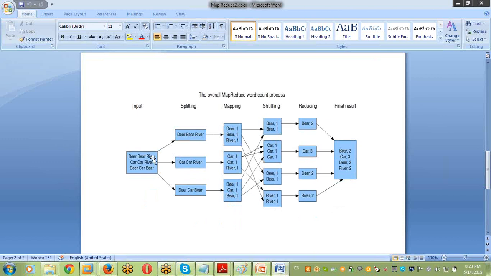It reads the data from the data node according to the logic. What is our logic? I want to find how many times each and every word repeats. This is my requirement. According to the requirement, we are dividing each and every word, so the mapper takes the responsibility of dividing the data.